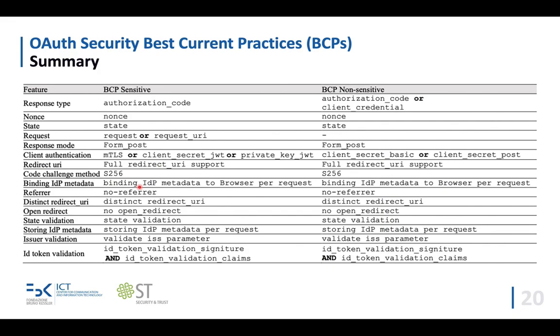And finally, this table summarizes the BCPs that are recommended by the OAuth working group, and I categorized them for sensitive and non-sensitive sectors. With sensitive sector, I mean the scenarios that demand a higher level of protection and security. And with non-sensitive, I mean the scenarios where you can consider the basic configuration of OAuth and OpenID Connect. Sensitive, for example, could be financial or fintech scenarios or governmental scenarios, while in case of non-sensitive, you can have basic